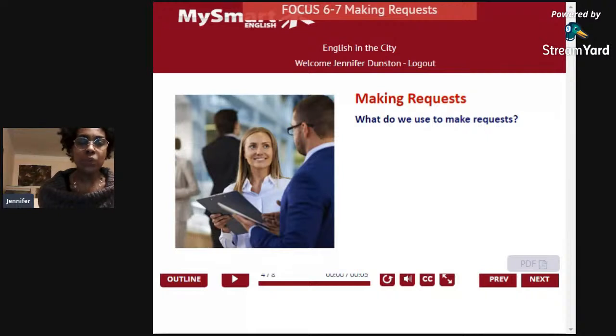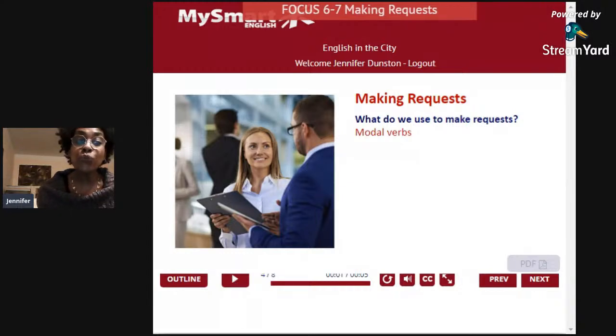So you want someone to do something for you, or you want permission to do something for yourself, or you need some information. What are the words that you use to ask for permission, to ask them to do something? May, very good. So Carolina, thank you very much. Carolina says, could I have, could you? Pietro, excellent. May I? Another one? Let's take a look here.